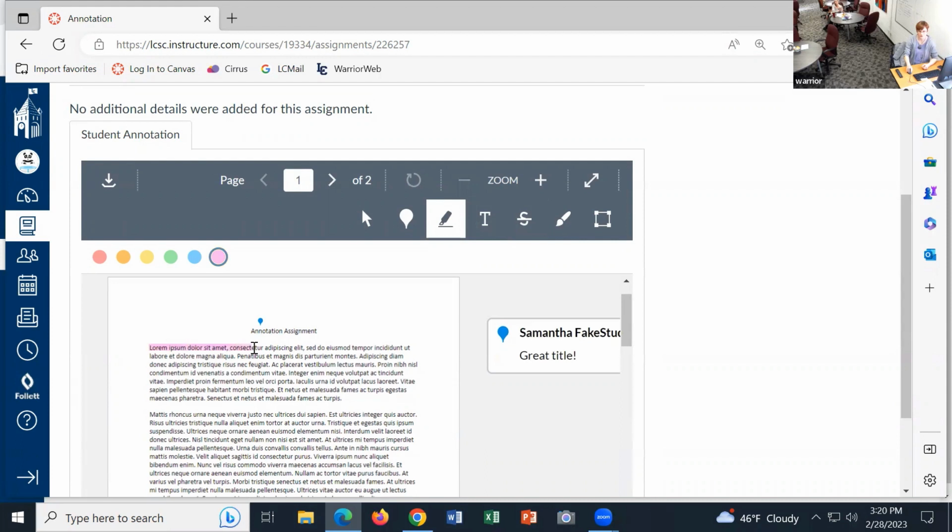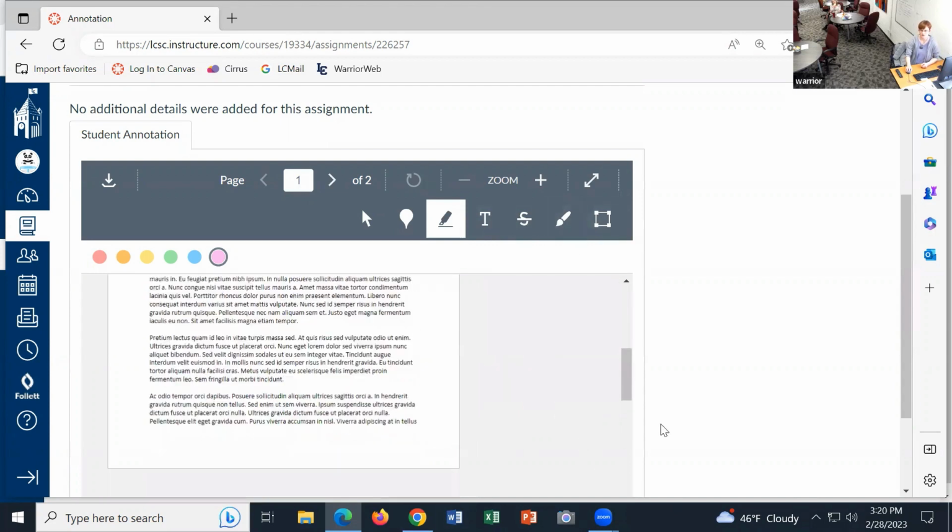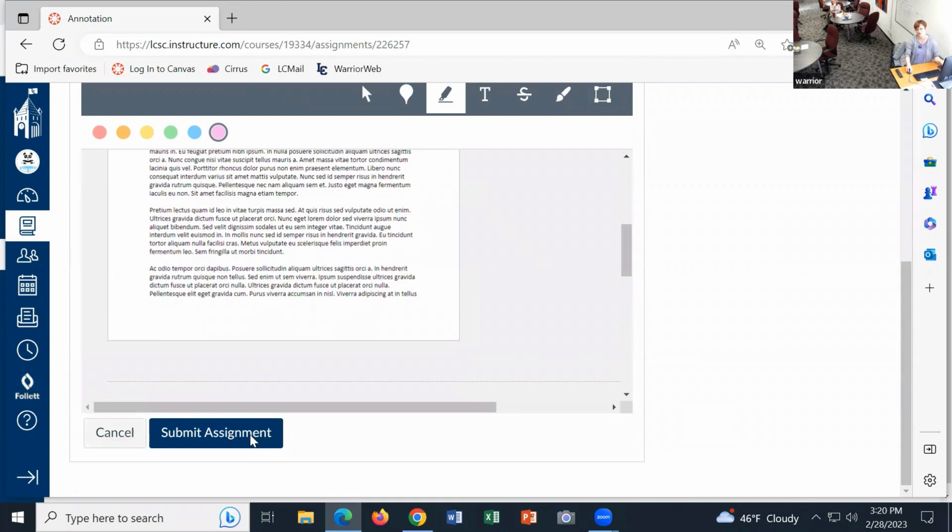So then they can come through here, and once you highlight something, you can also comment on it. So you can have them, like that foreign language example, highlight the incorrect word and then type the correct one. And this is cool because you can actually come in here and reply to their comments. There's a reply box. There's text where they can type on it, strike through, they can write, they can select an entire area, so on and so forth. But then when they are done doing their annotation, then they go submit.